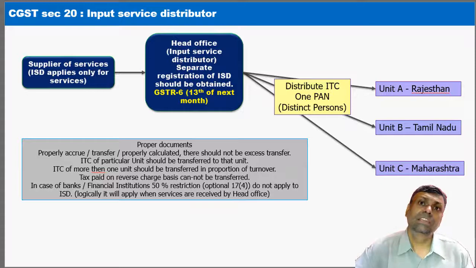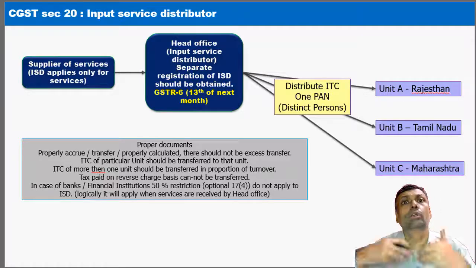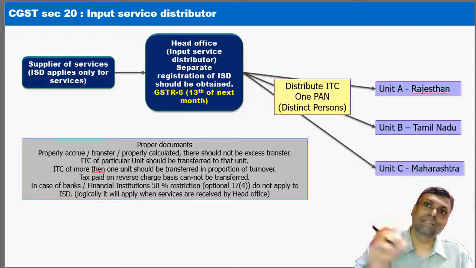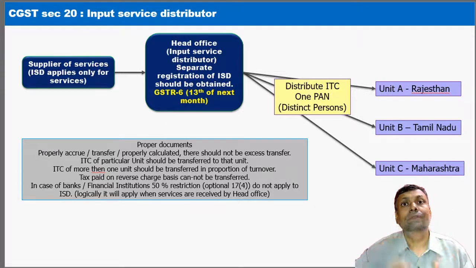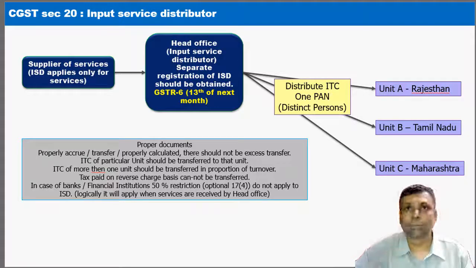In other words, if there is any credit which is directly eligible, directly going to a particular division, so you already know that certain services are directly related to that particular unit, so you have to transfer that much of whole credit to that particular division. In other words, the logical allocation you have to do. You don't have a free hand that you will apply your finance concept and your taxation concept and then you will manipulate the things. No, these things are not permitted by the GST law. GST law says that if the credit is directly relatable to a particular unit, division, etc., you have to transfer directly. However, there can be some general, that means there can be mixed credits. That means one particular service may be with respect to multiple units, which is a possibility.